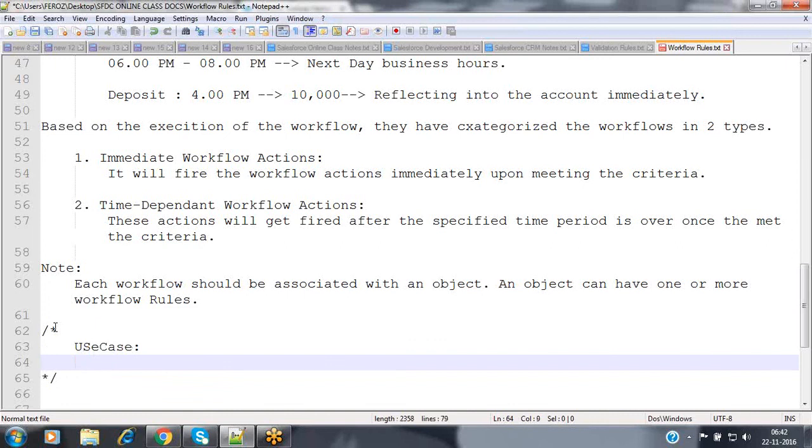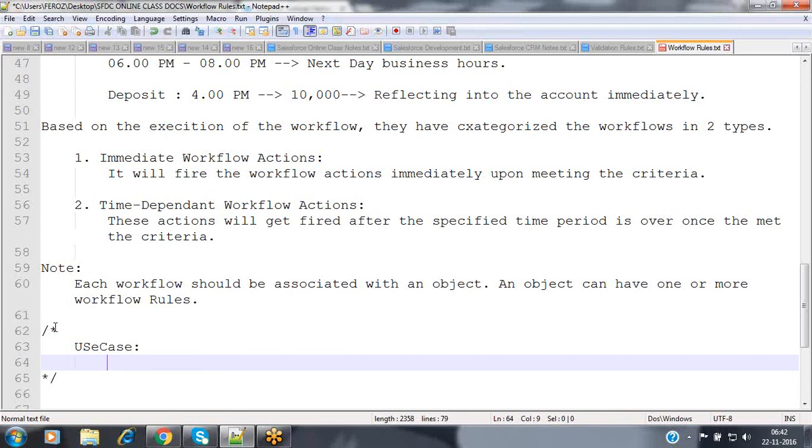So now I have an object called the contact object. Inside my contact object, upon creating a new contact record, I want to send the email notification to the contact person automatically here. I don't want to send the email notification manually. I want to make it an automated process. Then how can we send the email notification upon creating a new contact record?